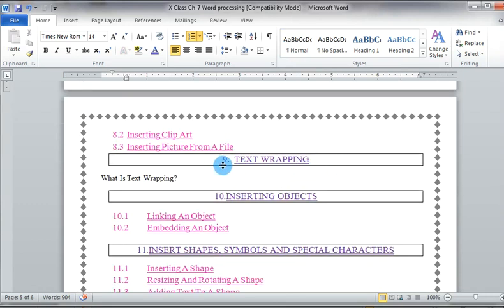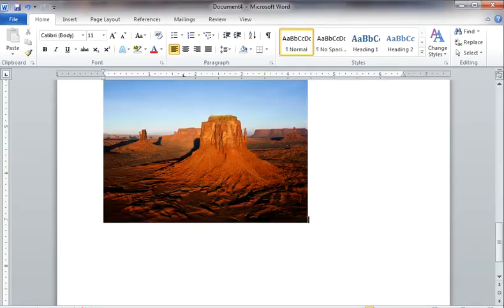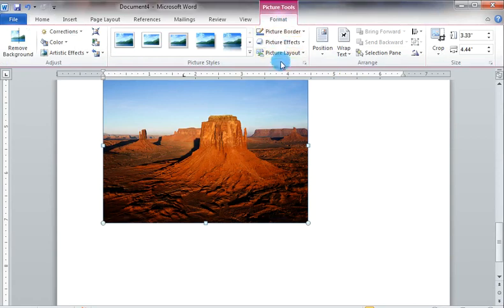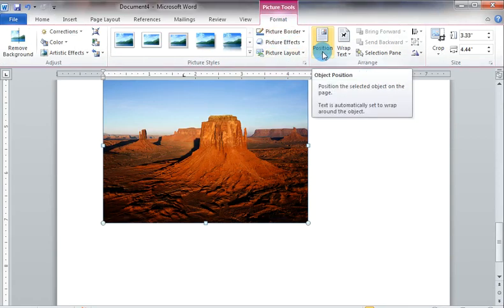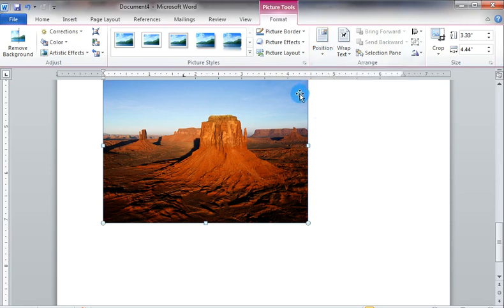The next is text wrapping. What is text wrapping? Text wrap enables us to surround the picture or diagram with the text. So when you insert the picture, you can see another format tab included in the ribbon, and it only appears when you insert the picture or any image using the illustration group.